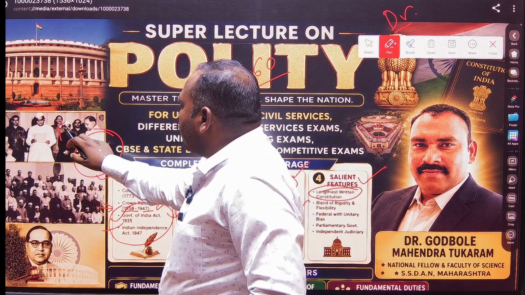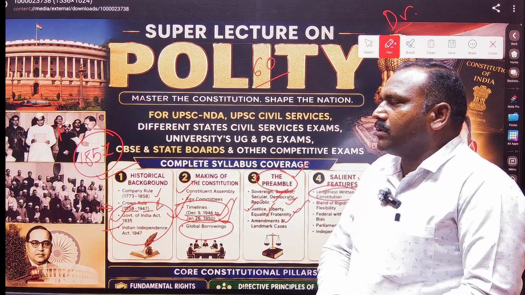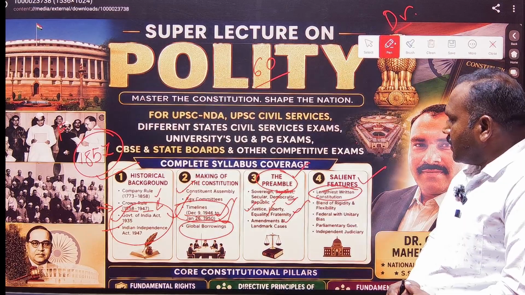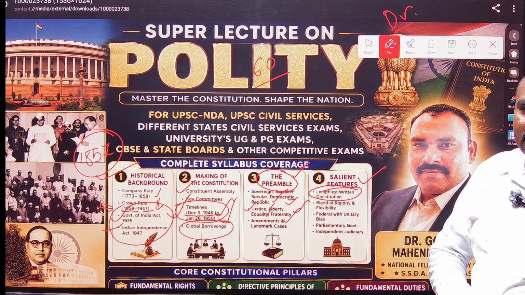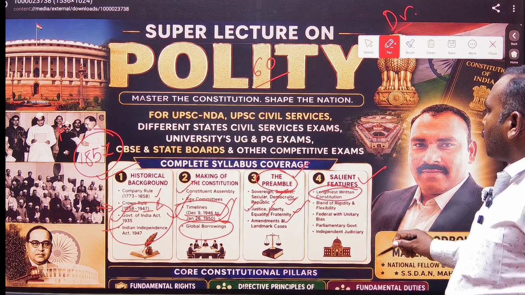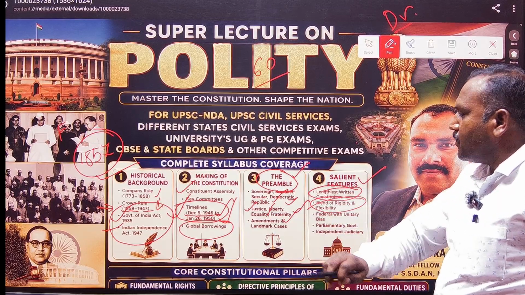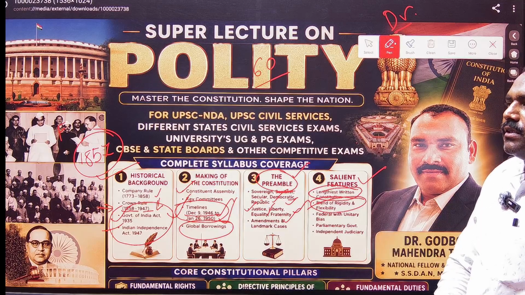He framed the Constitution although he was not feeling well, but even in such a condition he did not give up and he wrote the same Constitution. The Indian Constitution is a blend of rigidity and flexibility. That is the most important salient feature of the Indian Constitution. Let us take an example.